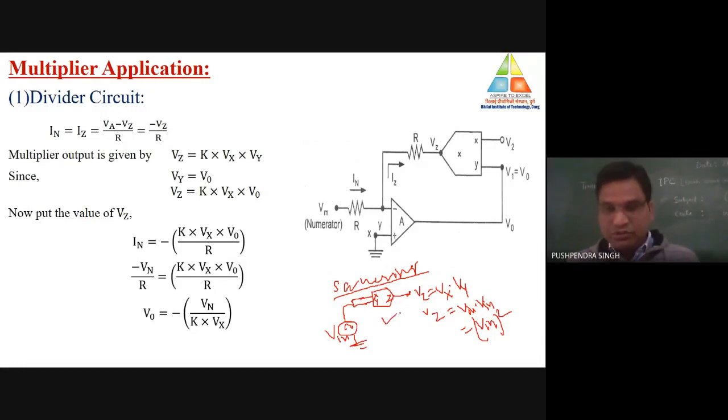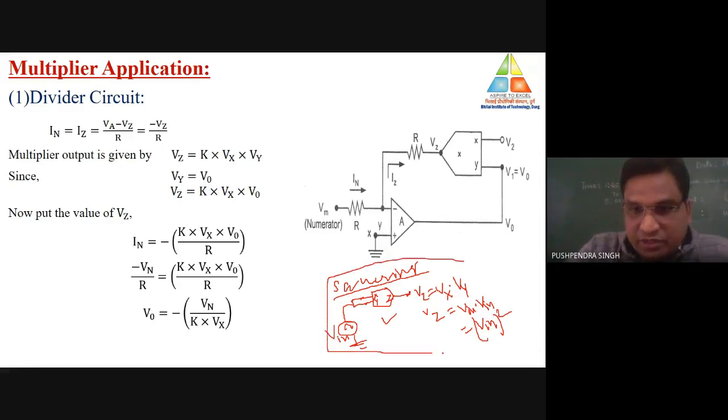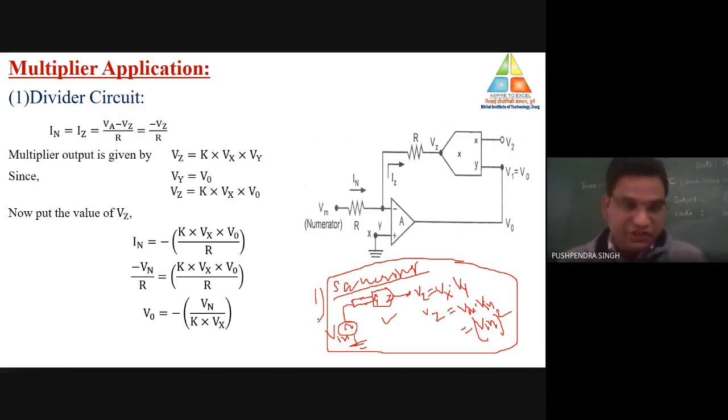Whenever you are going to design the circuit for the squaring circuit, you need to connect both the input terminals with a single voltage source. Both the inputs should be connected to a single voltage source. So when two times you are multiplying the single voltage source, the output will be the square of the input. So this is the method by which we can design the circuit for the squaring multiplier. Take it as the first application.